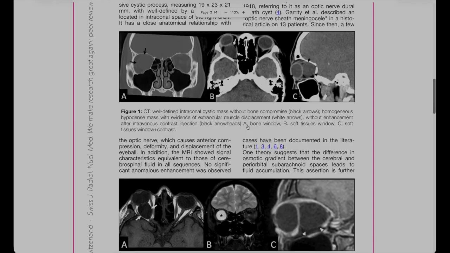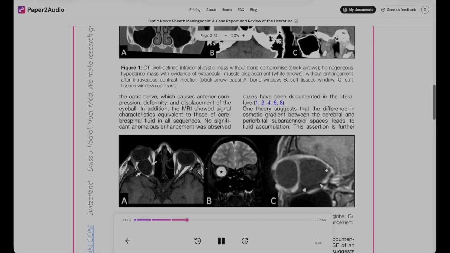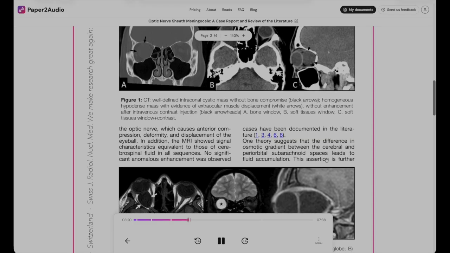MRI demonstrated the presence of an expansive cystic process, measuring 19 times 23 times 21 millimeters, well-defined by a thin capsule, located in the intraconal space of the right orbit. It has a close anatomical relationship with